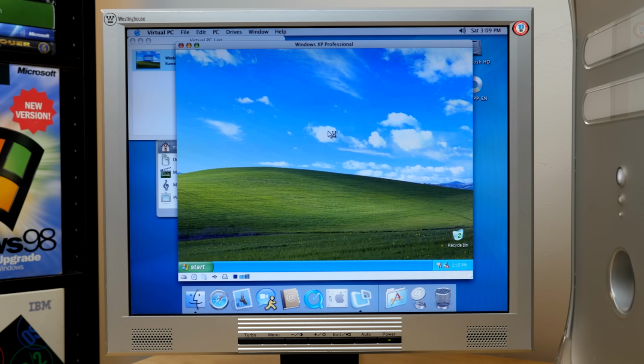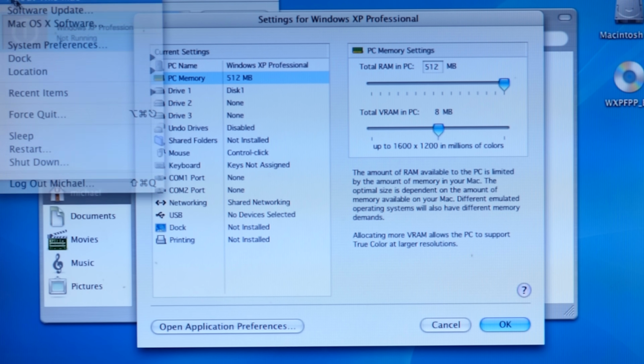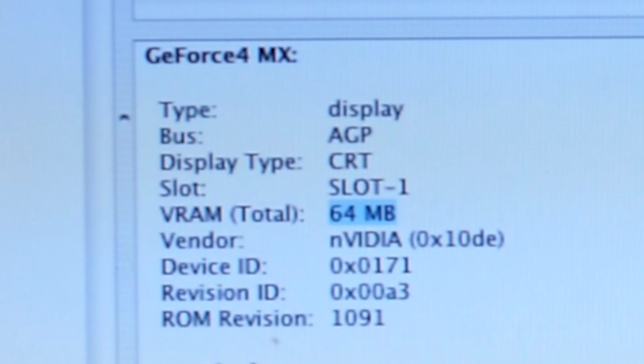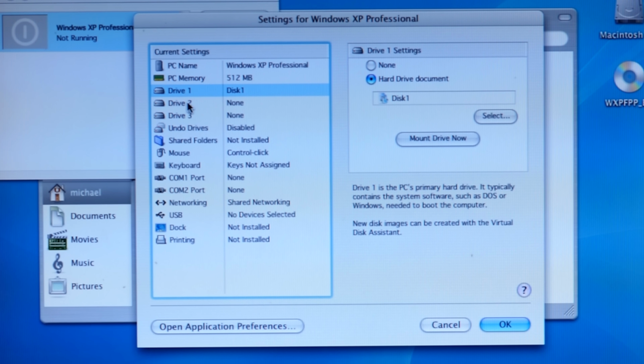And I want to go into the VM settings. Okay, we do have PC memory. We've got a slider for this and a slider for VRAM. Again, we've got 1.5 gigs, so why don't we just up this to 1024? Oh, 512 is the maximum. And then total VRAM, we can up this from 4 to 8 to 16. How much VRAM do we have in the host system? 64 megabytes. Okay, so we can up that to 16, and that will give us a resolution that this monitor cannot support, so we're not going to bother setting it to that. But basically maxed out on the RAM, maxed out on the VRAM,